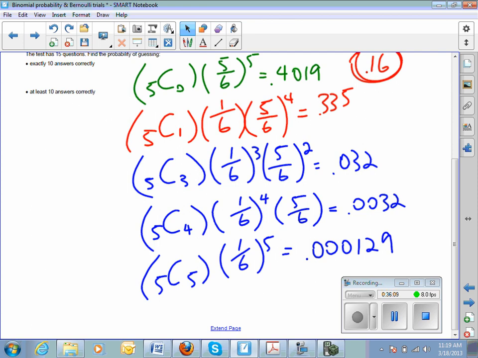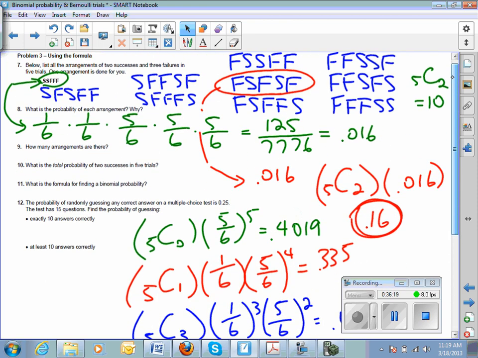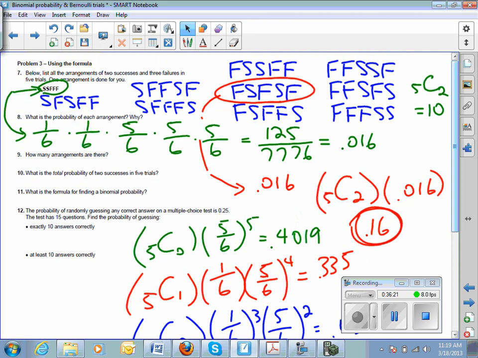Okay, does that make sense? All except for this one up here. It's not that far off, it's just, I would like to have seen it going the right direction, and it didn't, but that's how these things work out sometimes. That's why it's called an experiment. All right, we've covered 8, 9, and 10, and we haven't actually formalized the formula in number 11, so maybe we should do that now.